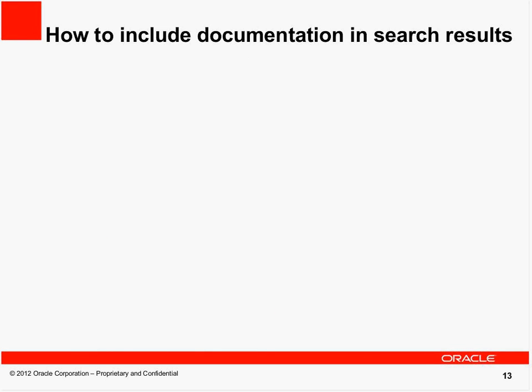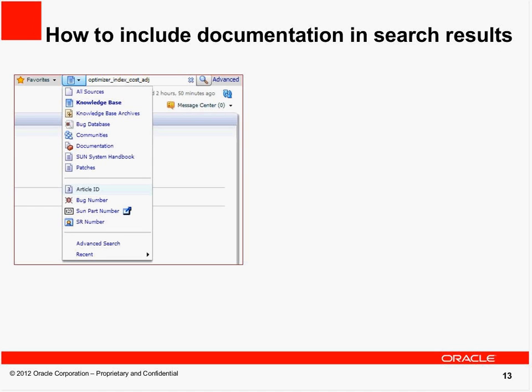How to search in documentation. Assume that you want to search for index cost adjustment. It's a parameter, but you want to see what the recommendation is on how to set this parameter with Siebel. And you would like to see if this is documented in the bookshelf. You enter this as a search string in the global search bar,